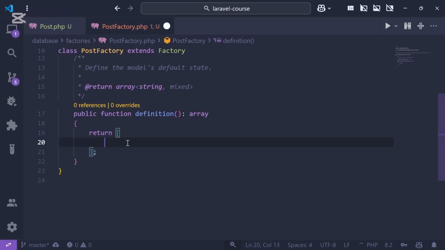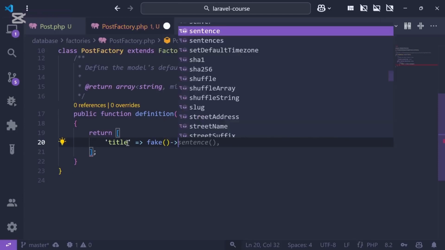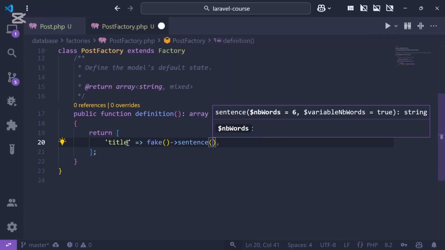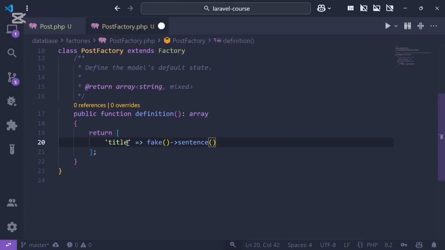So in this case, we know for sure that the post model has title right there. So we want to generate some data for title. That might be some fake data, or it might always be a static one. So in this case, I'm going to use the fake package to generate a sentence,